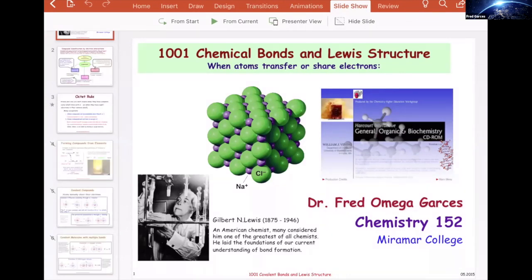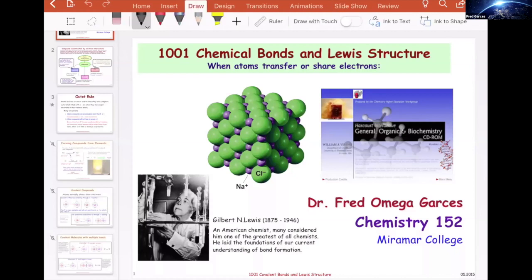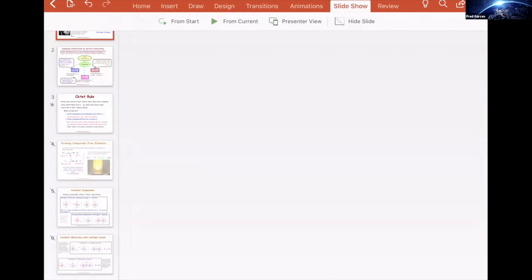So Lewis structure was, again, this is a concept. It's not really a discovery, but G.N. Lewis is given credit because he was the one that devised this idea that we can represent atoms in a molecule through the valence electrons. And the reason why we can do that is because